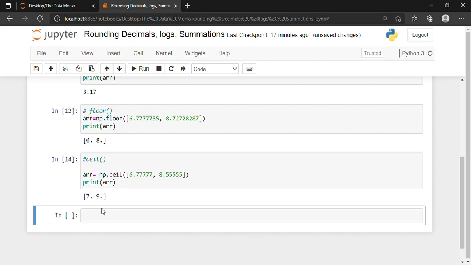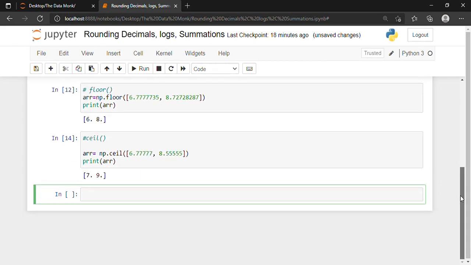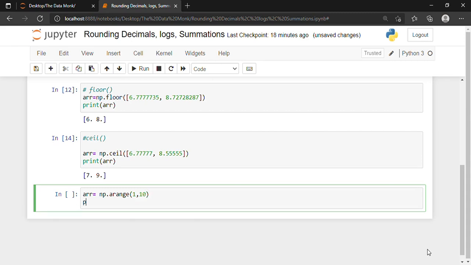So let's say that I want to find log at base 2 of all the elements of a given array. So what should I do? I will have to write arr is equal to np.arange, and inside I'll write 1 comma 10, and in the next line I'll write the print statement.